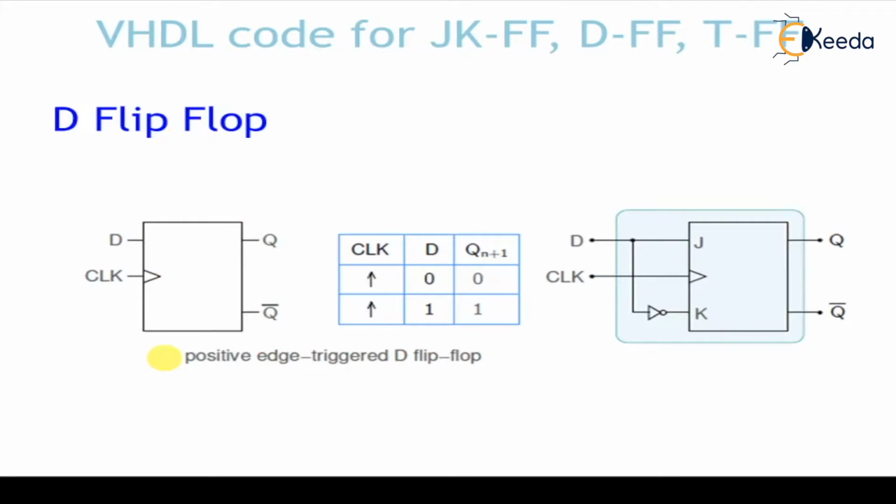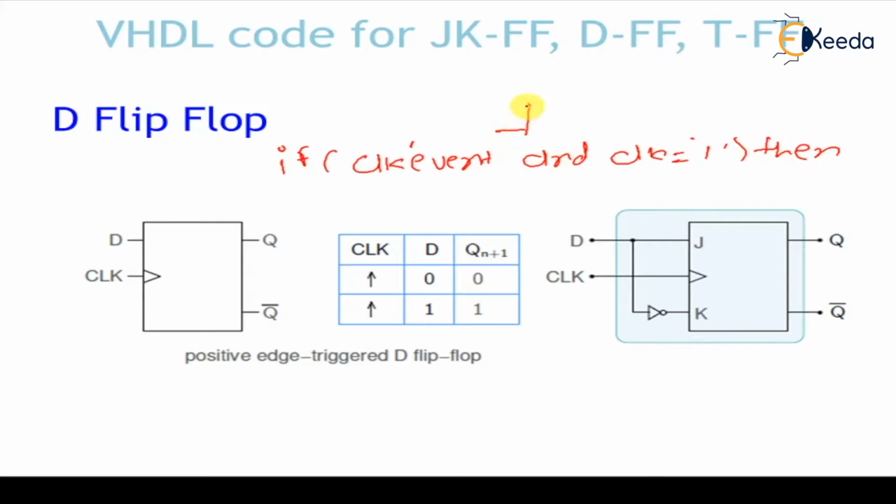Okay, now next, D flip flop. D flip flop is again very straightforward. Whenever there is a rising edge, now you tell me how to detect the rising edge. To detect the rising edge, there is a statement we need to write in VHDL. If this is a positive edge, then we write: if clock'event and clock is equal to 1. I am repeating this again and again for better understanding. This will detect the rising edge of the clock.